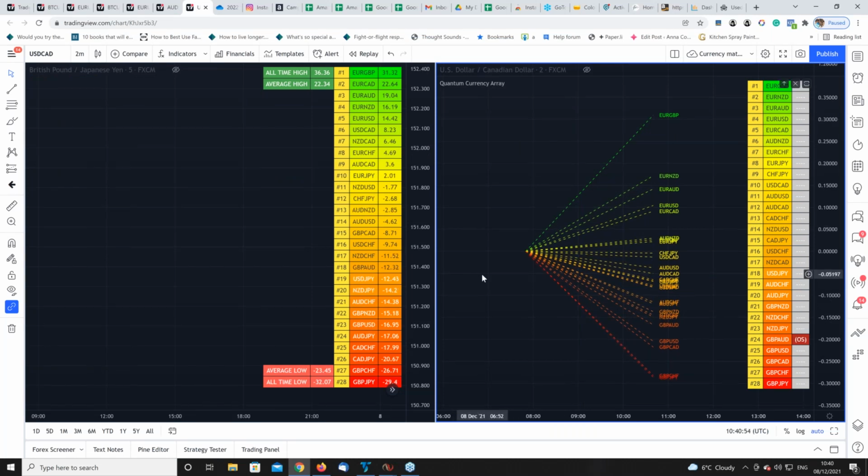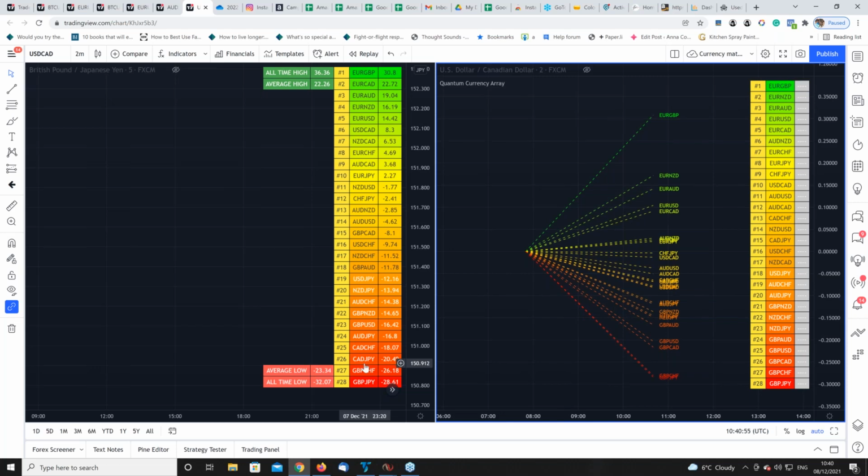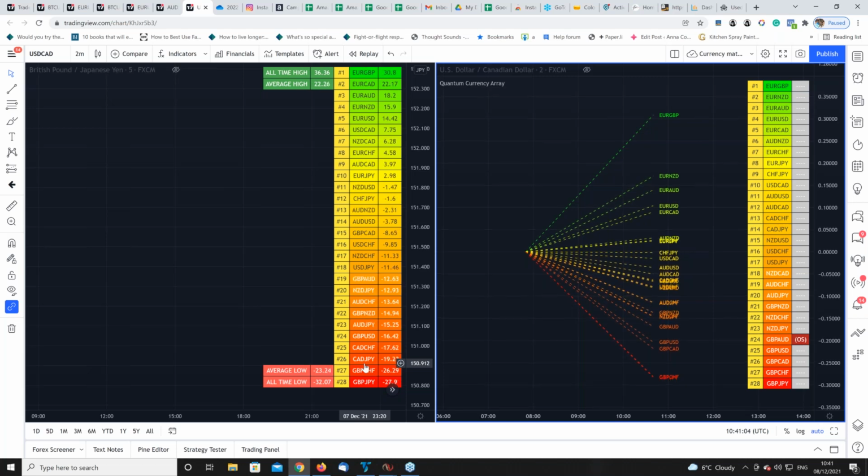What you will see is that the matrix works very close to the market. So the changes that you see on the matrix will be reflected much more closely in terms of the price action than the currency array. And the reason for that is because the currency array, just bear with me one moment, I'm just going to clear my throat.